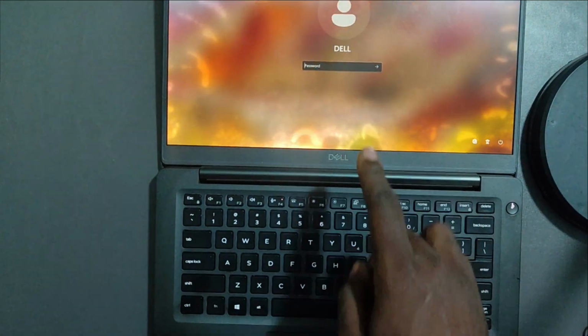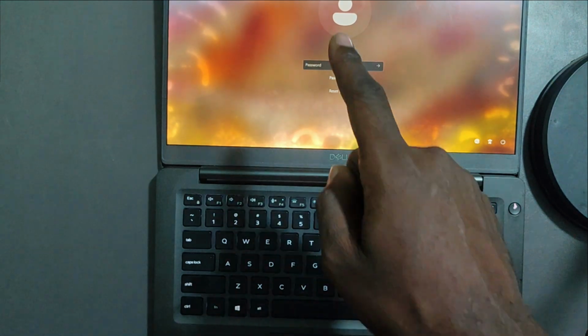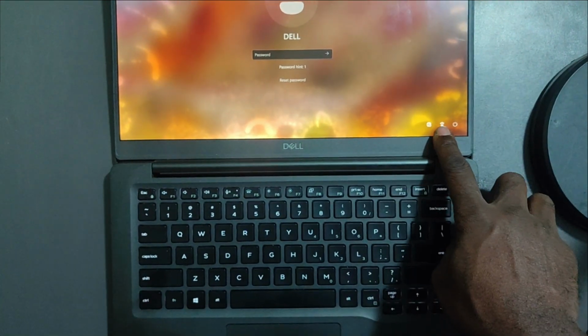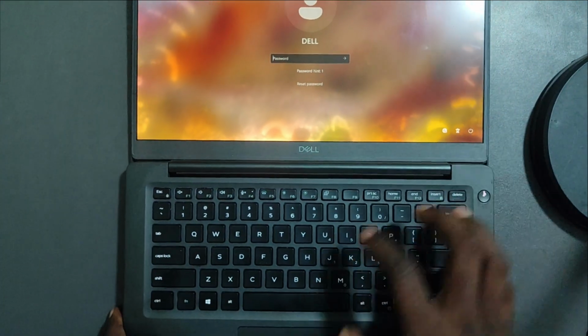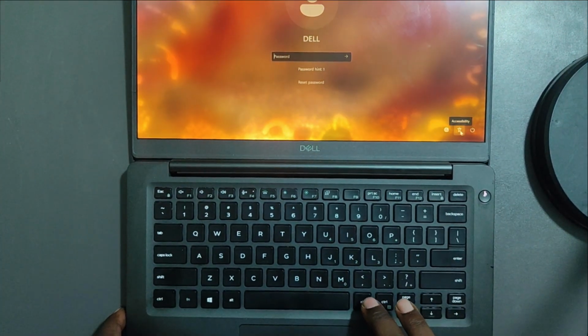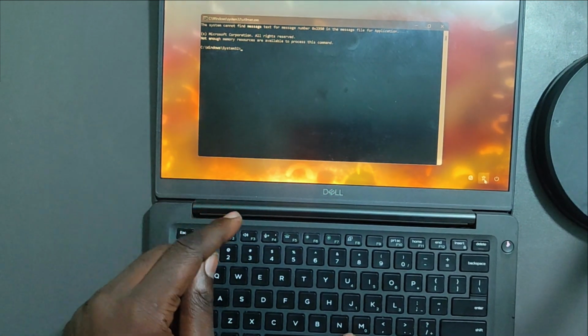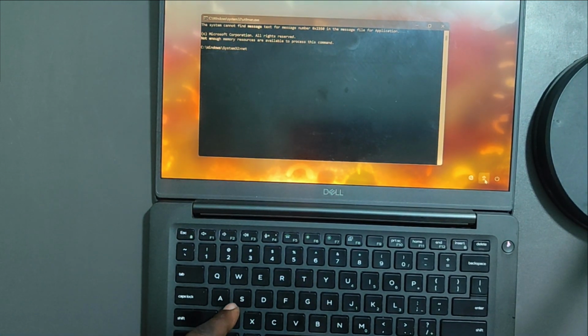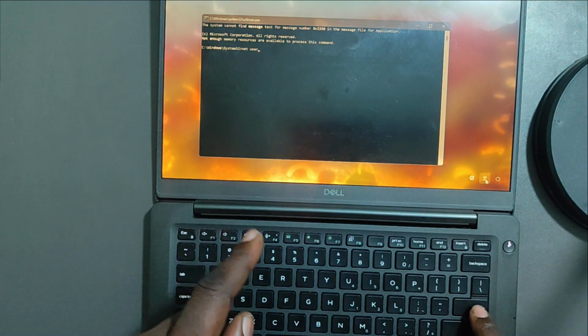Now you see what's happening here. See, we still can't even put the password. So what you come and do is you click on this icon right over here, this one. So you click on it and it will launch CMD. Just click on it like that and the CMD will launch. Then under here write net users. See, net user. So under net user,